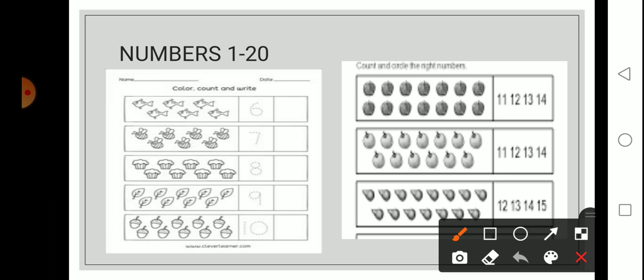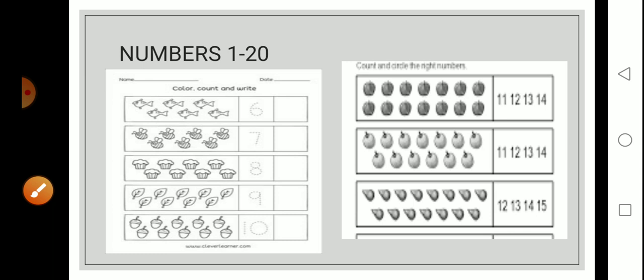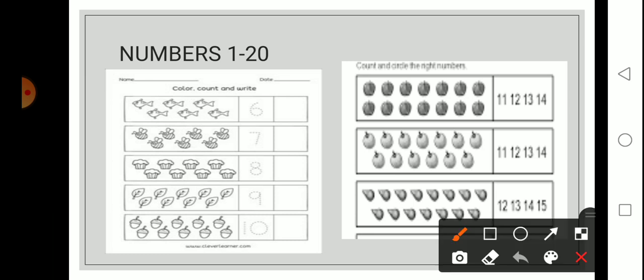If we count fish, we count 1, 2, 3, 4, 5, 6. So there are 6 fish, right? Then we come to the honeybees. Let's count the honeybees. 1, 2, 3, 4, 5, 6, 7. So there are 7 honeybees.